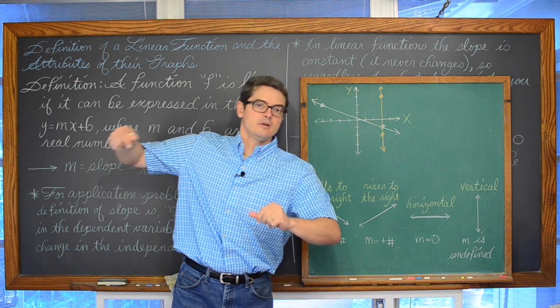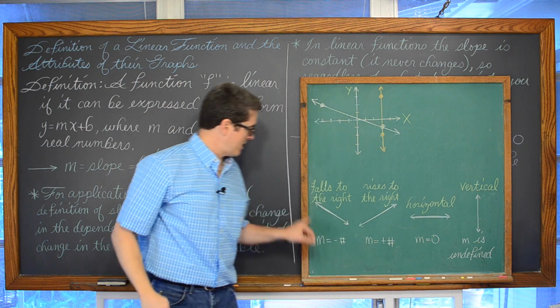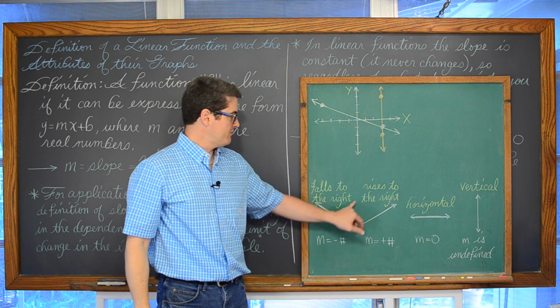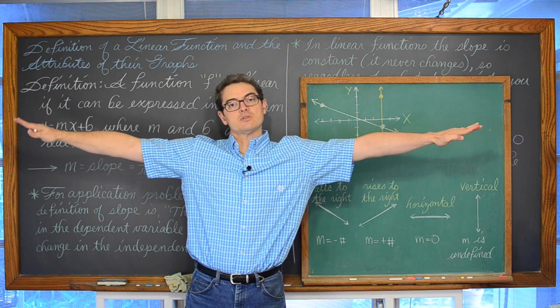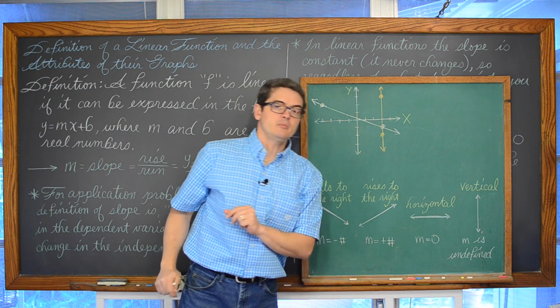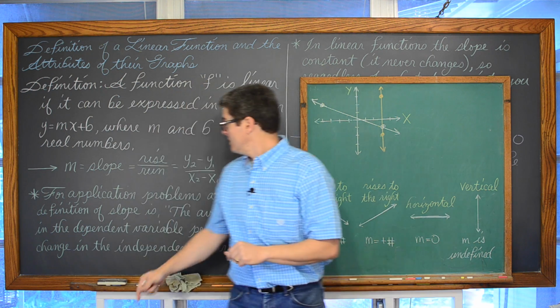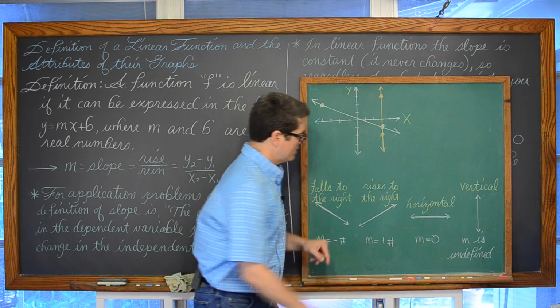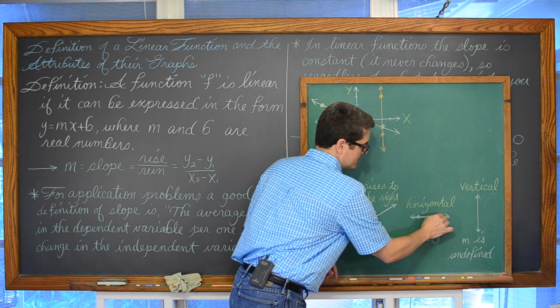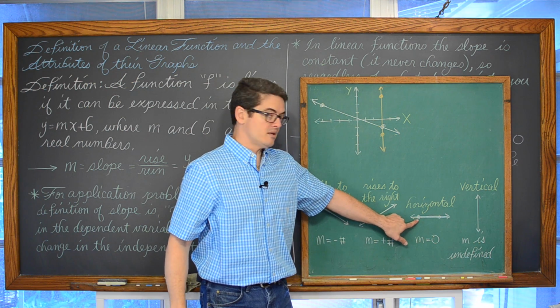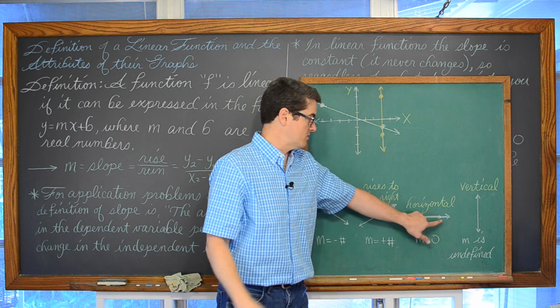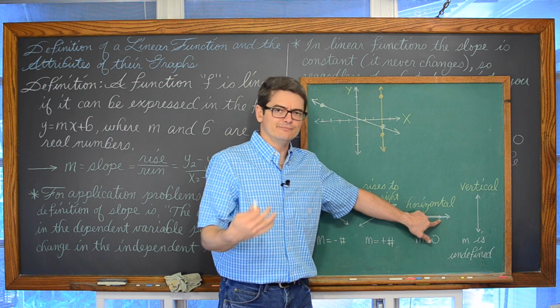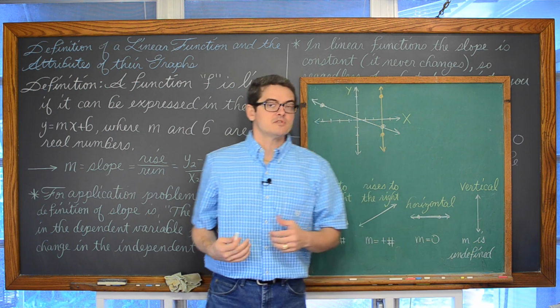If a linear function falls to the right, that slope is going to be negative. If it rises to the right, that slope is going to be positive. If you have a line which is horizontal, that slope is going to be equal to 0 because there is no rise. If I want to go from this point to this point, there is no rise to get to that point which is to the right. There's only a run value. So there's a rise of 0 and a run of whatever, giving you a slope of 0.